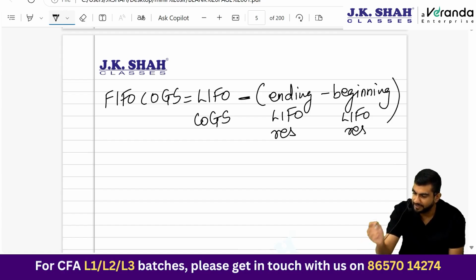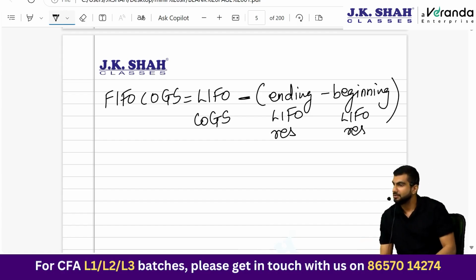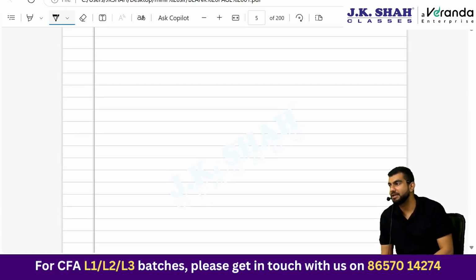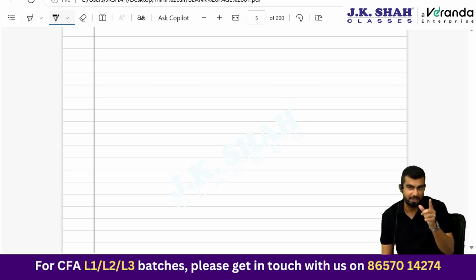Okay, fine. Remember these adjustments? I had shown you with numbers, everything was tallying. Then we had done perpetual versus periodic inventory recording system. Under both the methods, FIFO will produce the same answer. You follow perpetual or periodic, the ending inventory and COGS will be the same under FIFO. But LIFO will give different answers if you follow periodic versus perpetual inventory recording.